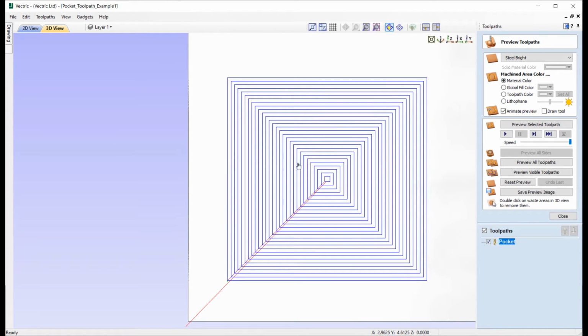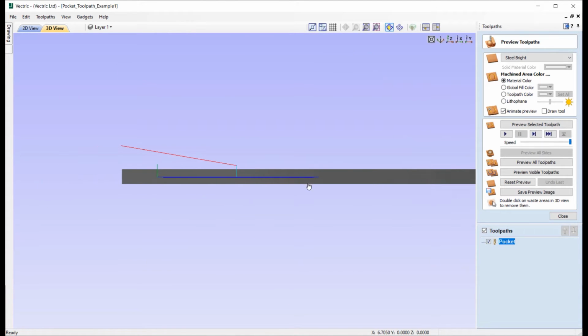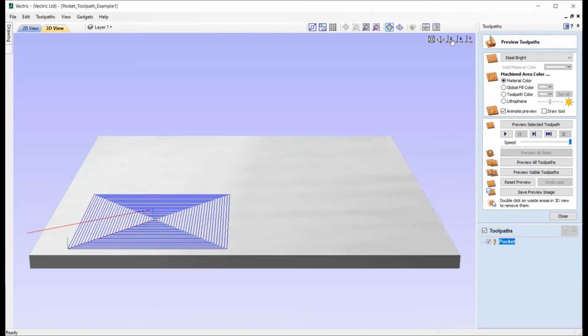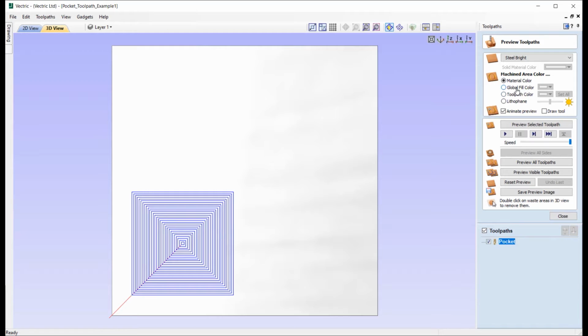Okay, so here we can see the distance between each of these toolpath moves is defined by the step over that we had set up for the tool. And we're going to look at that in a moment. Now, if we take a look up the y-axis, we can see that it's being cut on a single level, and that's because the pass depth matched the cut depth of the pocket, and so it's cleared that all within one pass. So if we just pop that back in Z,